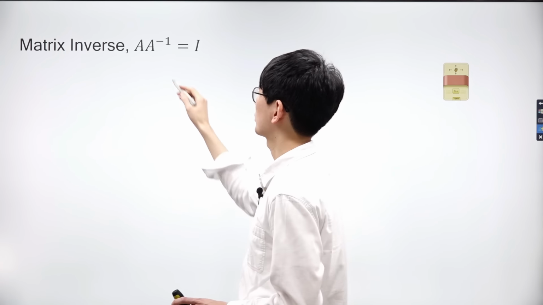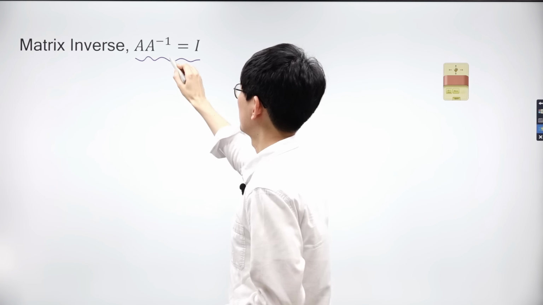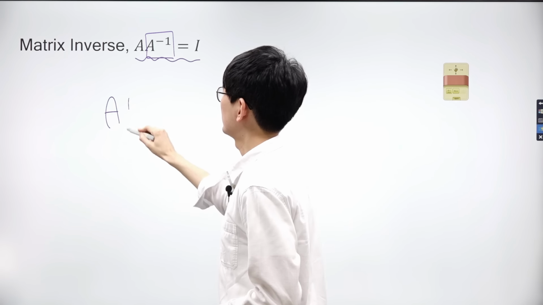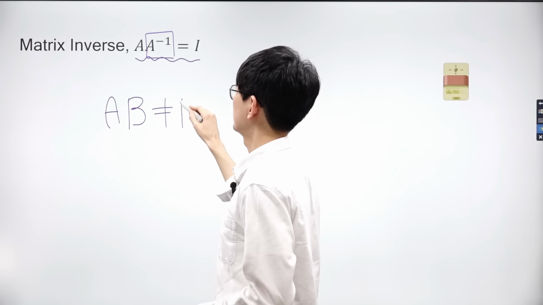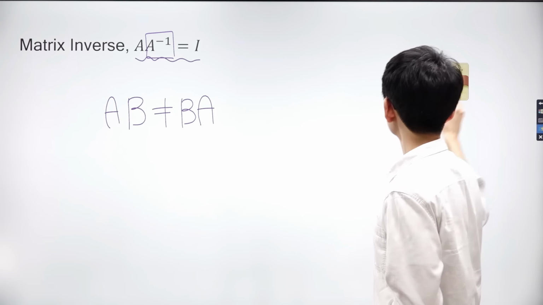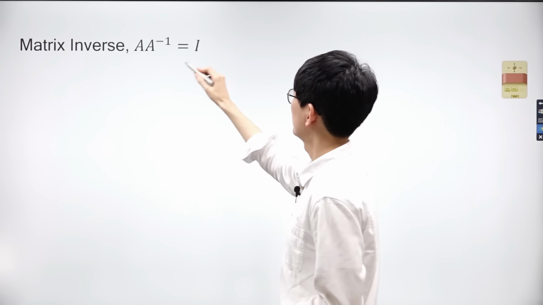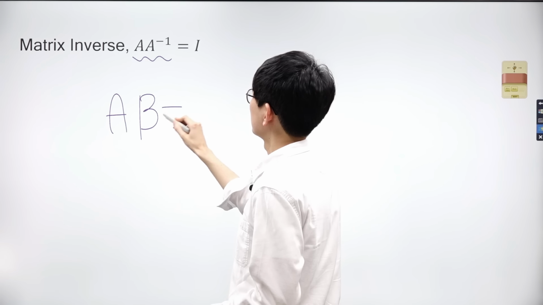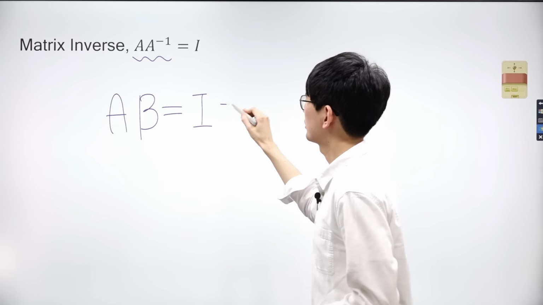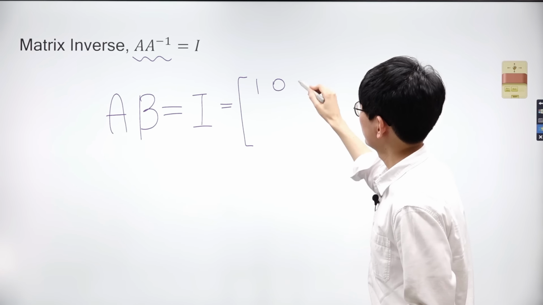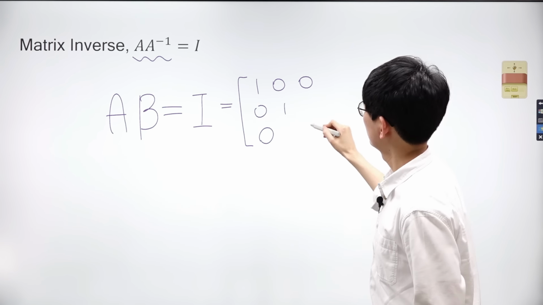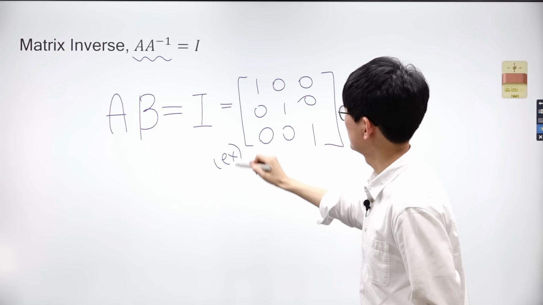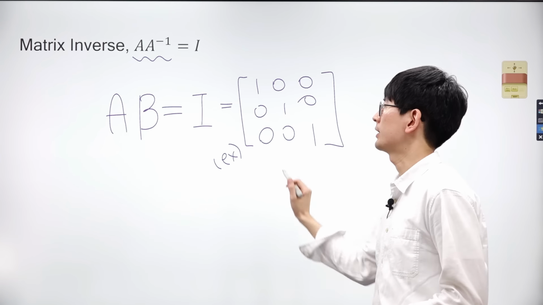Now let's explore the concept of the inverse matrix. The inverse of matrix A is denoted by A with a -1 in superscript. Previously, we learned that the order of matrices in matrix multiplication matters, and the final product can change depending on the order. Suppose we multiplied matrices A and B, and the product is an identity matrix. An identity matrix is a square matrix in which all the elements of the main diagonal are 1s, while all the other elements are 0s. It's usually denoted by the symbol I.